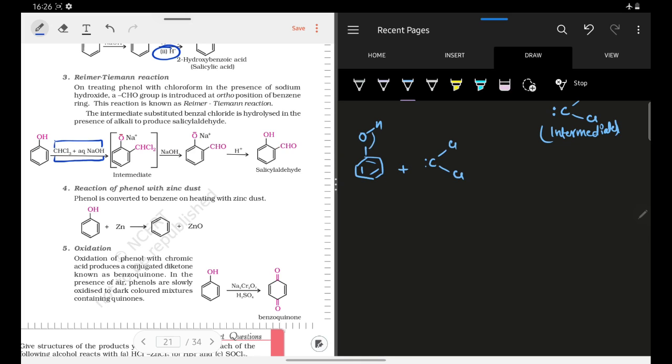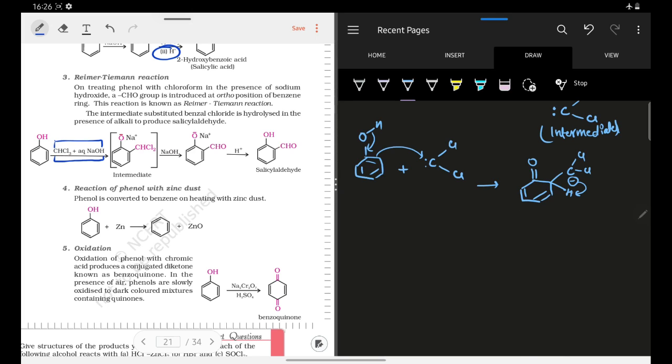Again the attack will occur through the carbon atom, and once it attacks here, the product formed would be something like this. You will have C double bond O, and then you will have CCl2 and one negative charge, right, and these pi electrons. Okay, so now again we see that the benzene ring has lost its aromaticity. So here what happens is that this negative charge actually abstracts this proton, right. The carbon that is attached to it has a proton with it.